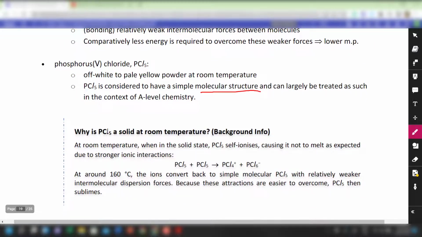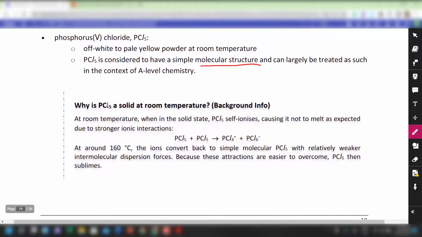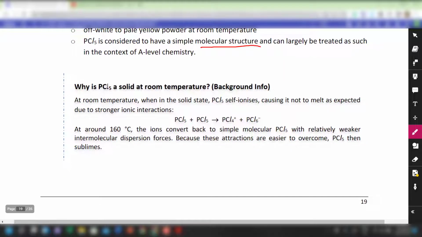Okay, but do take note that at room temperature, the solid phase PCl5 self-ionizes to give us PCl4+ and PCl6-. So the solid phase PCl5 has some form of ionic interaction. But once I heat it up to about 160 degrees Celsius, the ionic interaction is gone, because what we are